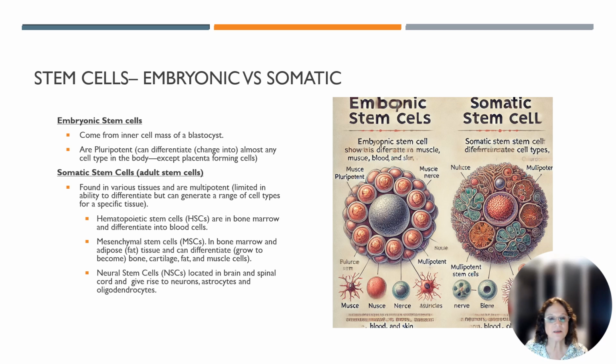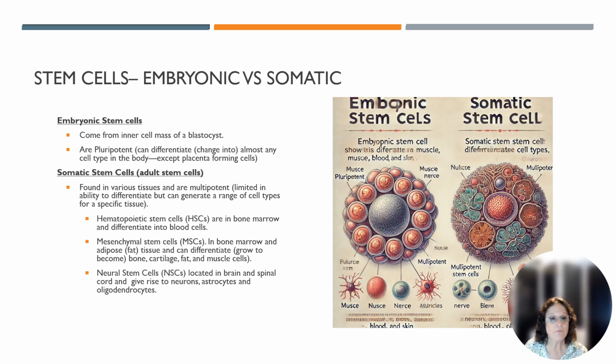Somatic cells, these stem cells, these are adult stem cells, and we find them throughout the body. They are what's referred to as multipotent. They are limited in their ability to differentiate, but they still can become a variety of different types of cells. So for example, hematopoietic stem cells are found in our bone marrow. They're just kind of hanging out until the body tells them what kind of blood cell we need. So if we need more white, if we need more red, they can become the type of cell they need